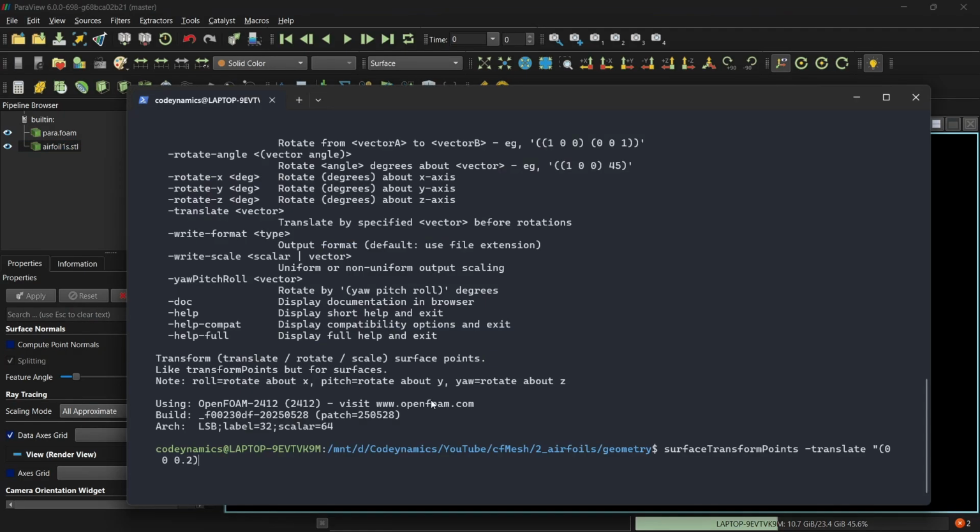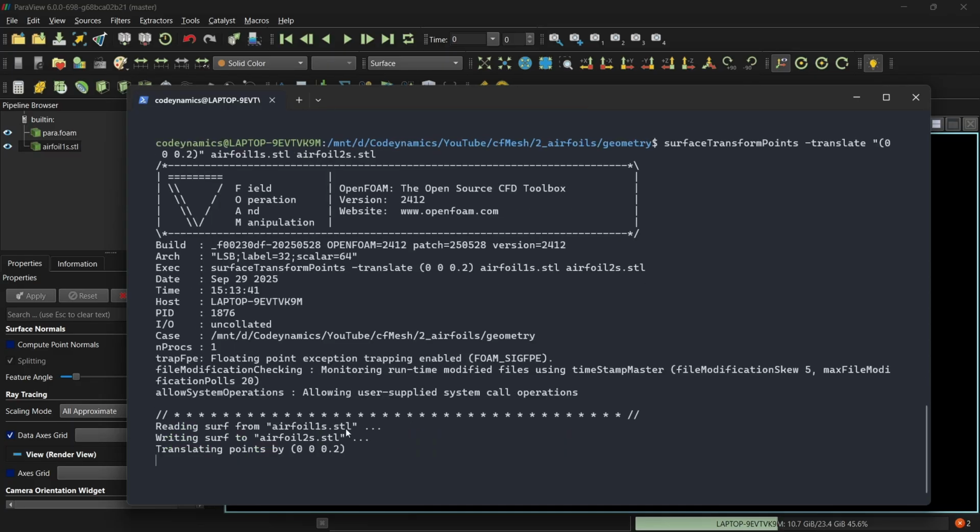I'm just moving it, and we have to give the input file name, which is going to be, okay, I have to close my quotations. Okay, airfoil1.stl, this is the input file name, and then I have to give the output file name, which would be airfoil2.stl. Okay, I made a mistake. This would be airfoil1s.stl because this is the scaled version. I'm going to call the output file airfoil2.stl, or maybe just to maintain the convention, we can keep it as airfoil2s.stl. Now when I press enter,